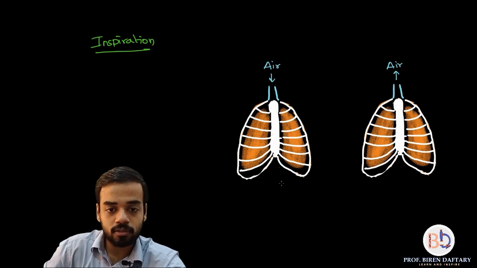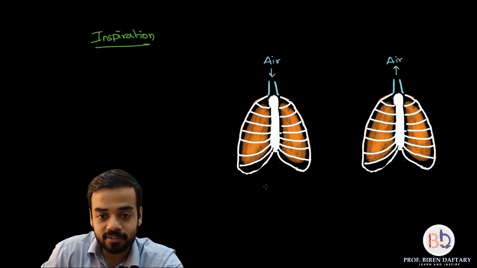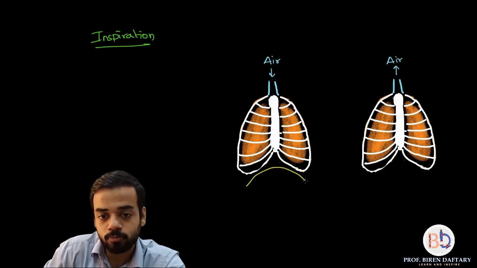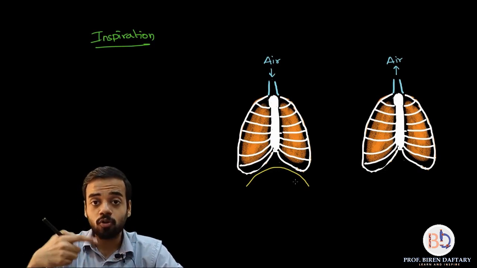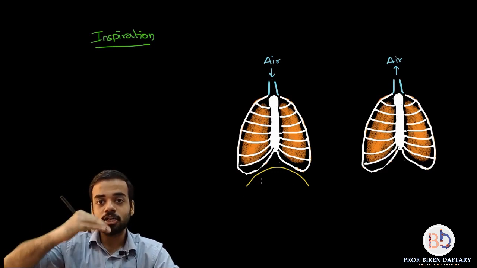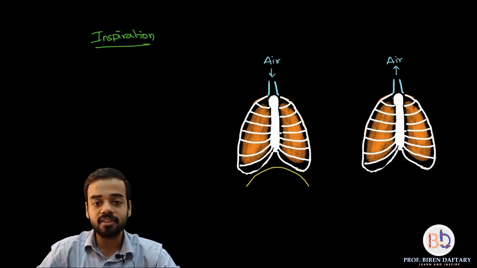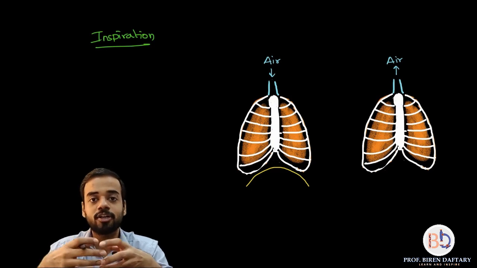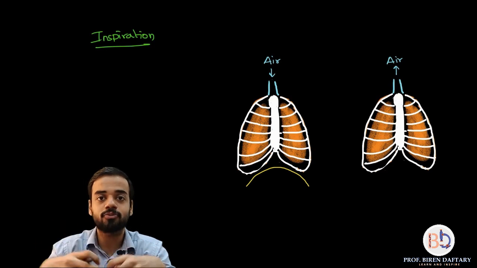So your muscle, which is the diaphragm, okay, that diaphragm is present over here, correct, and that diaphragm is like this. It is a dome shaped muscle, U shaped. So now if the lungs want to expand, first of all they will require space over here, because this diaphragm is very close to the lungs, so that diaphragm has to go down. And the other thing is, this rib cage has to kind of expand, so that there is space for the lungs to inflate. Okay, inflate means to get filled.